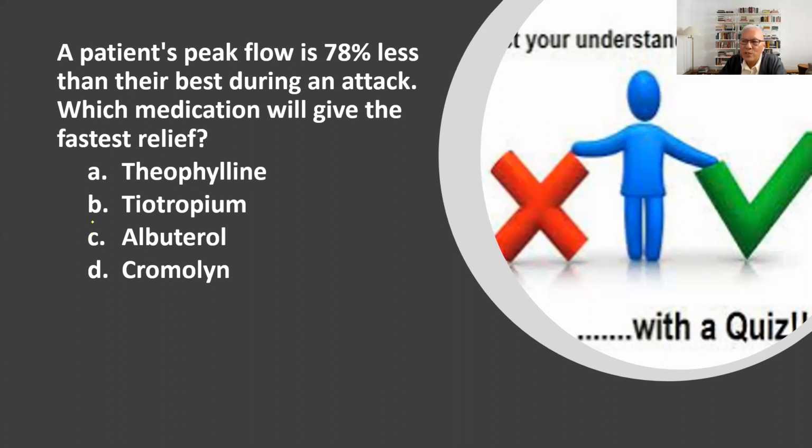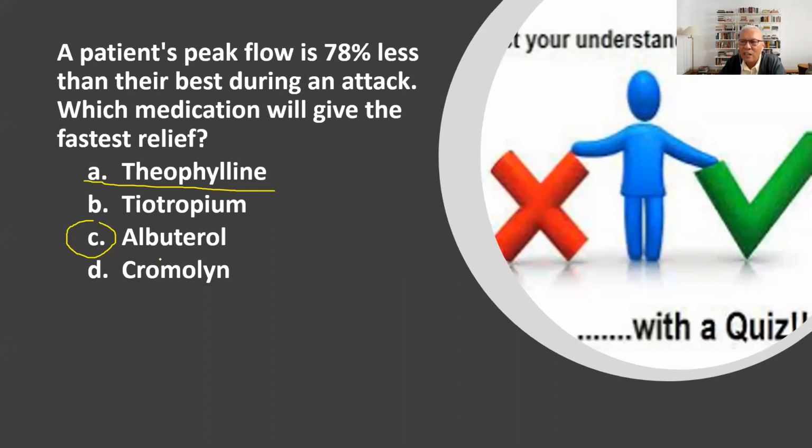Yes, letter C is the correct response, all right? So during an asthmatic attack, what does the patient need? Well, he needs something that will quickly open the airways. And the medications that are best for this would be a short-acting bronchodilator, such as albuterol. The other type of bronchodilator right over here is theophylline. Theophylline is usually given PO, right? Although it could also be given IV. But if it's given PO, therefore it's not going to be